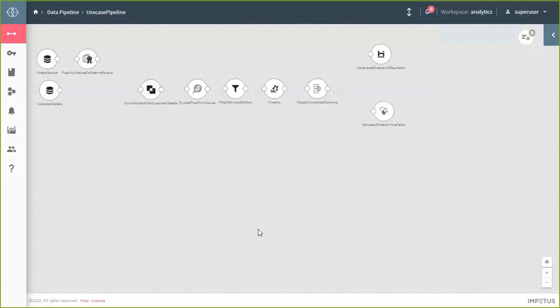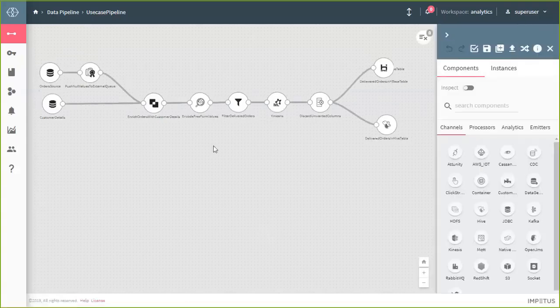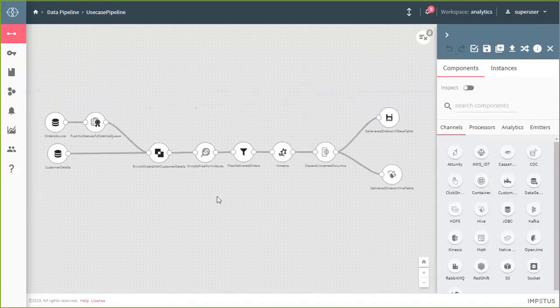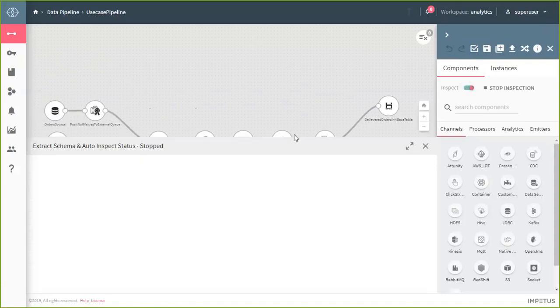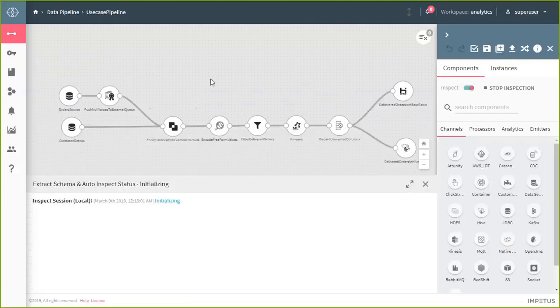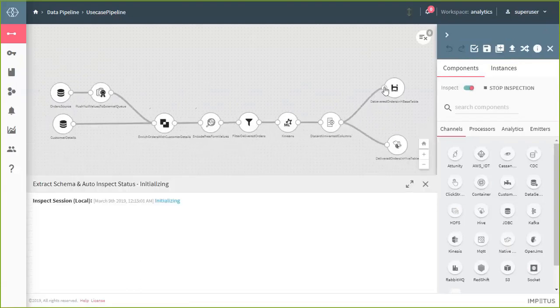So, one important thing is instead of working on the logic, typically in any platform, you'll have drag and drop components. What we are also focusing on is having the data-first approach in place. So let me turn on this inspect button, and you'll see that there is an inspect view getting launched. So yeah, while this comes up,